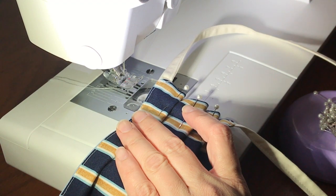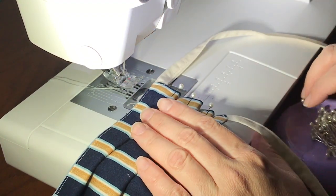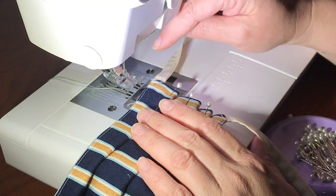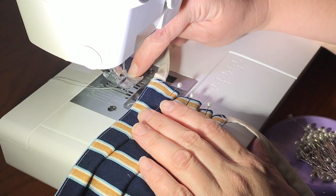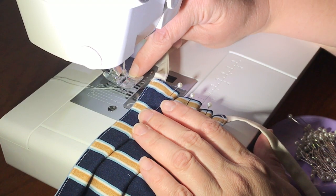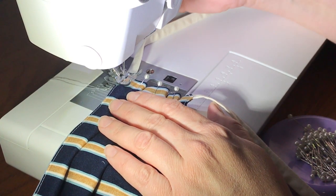At the machine, I'm going to select my stretch stitch, and this time I like to sew in a little bit further. So instead of sewing at 1/16 that red mark, I'm going to sew at about 1/8 inch, and it's where my opening ends. That's about right. I like to start up at the tie,